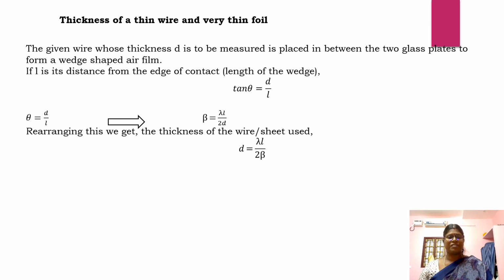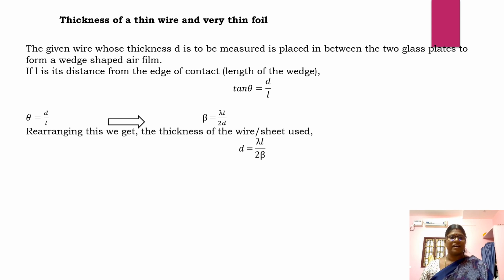Using the expression for the fringe width, which means the bandwidth beta, we can determine the thickness of the thin wire that is introduced between the two glass plates to form the air wedge. So the expression to determine the thickness of a thin wire or a very thin foil that is introduced between two glass plates to form the air wedge